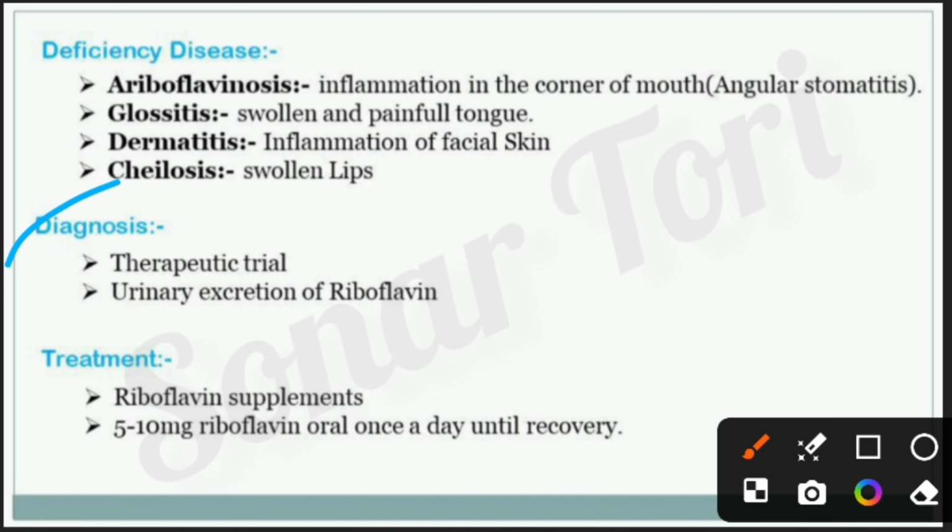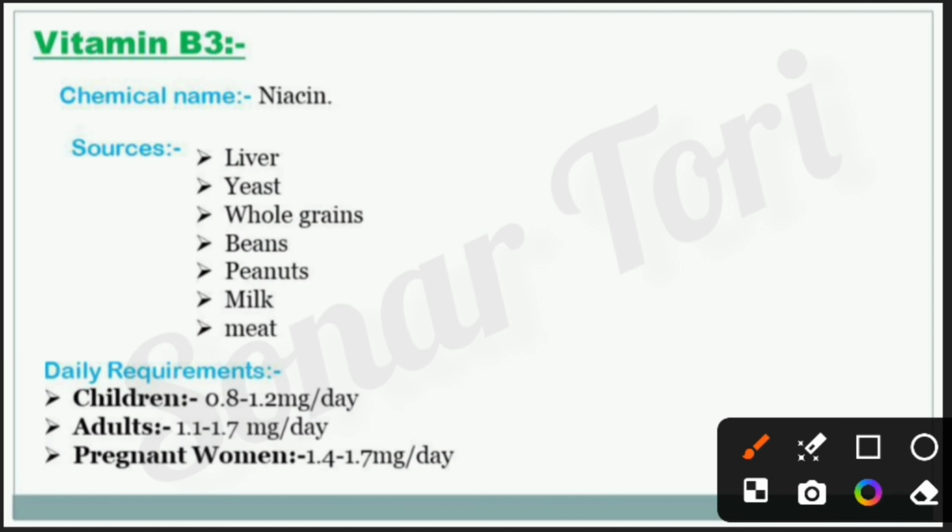Then the last point is the treatment of vitamin B2. Patient must take the supplement of riboflavin, and in the treatment, 5 to 10 mg riboflavin is given orally once a day until recovery. The third vitamin of vitamin B complex is vitamin B3. Its chemical name is niacin, and the sources of vitamin B3 are liver, yeast, whole grains, beans, peanuts, milk and